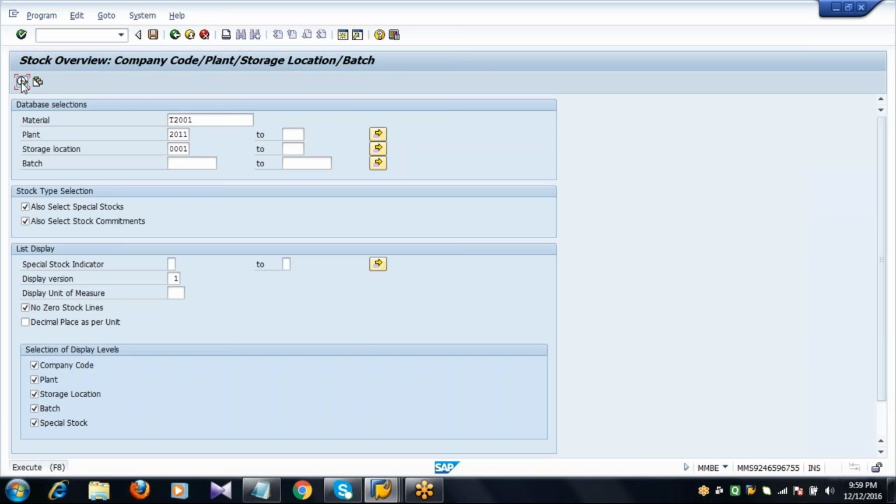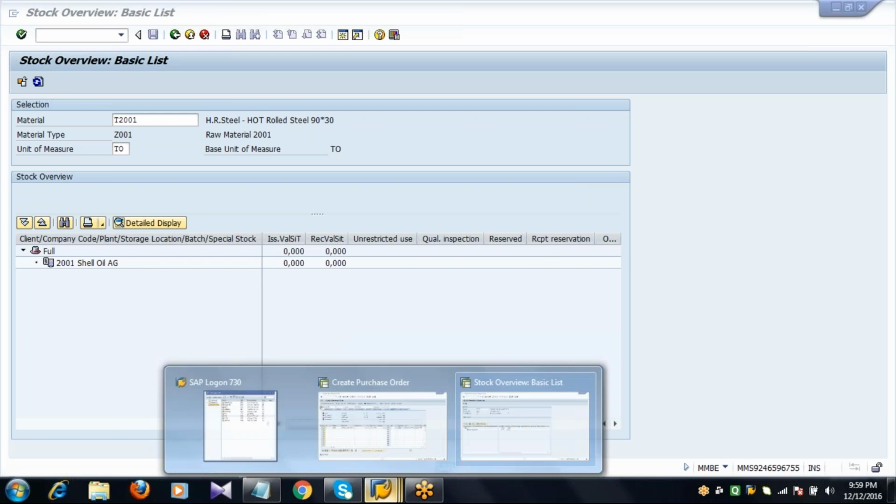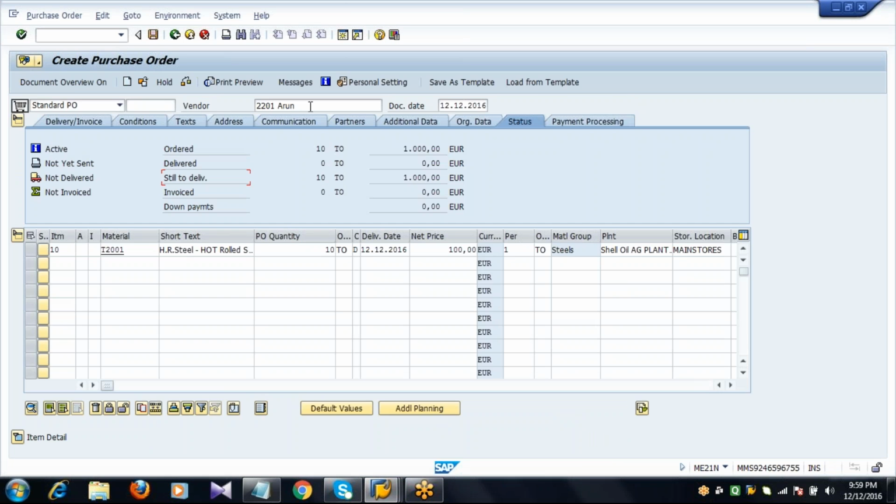I will execute. Now I am not able to see the stock anywhere. Okay, fine. I'll keep this screen as it is. I will save the purchase order now. So PO is created.